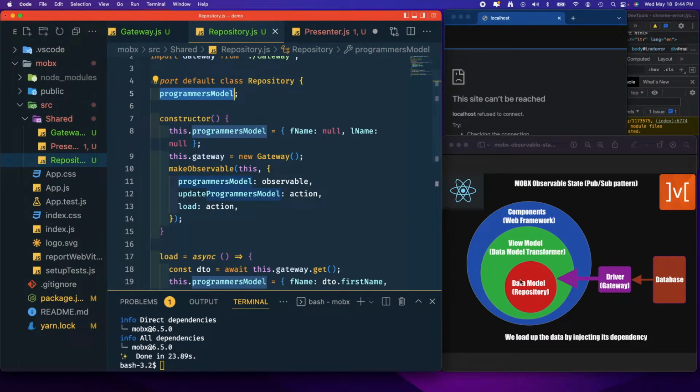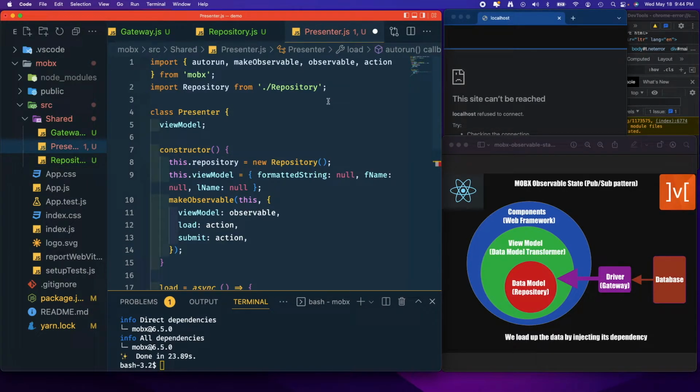The repository's data model is an object with two properties: one fname, the other lname. So programmerModel.fname, programmerModel.lname, and the way we access that in the presenter is